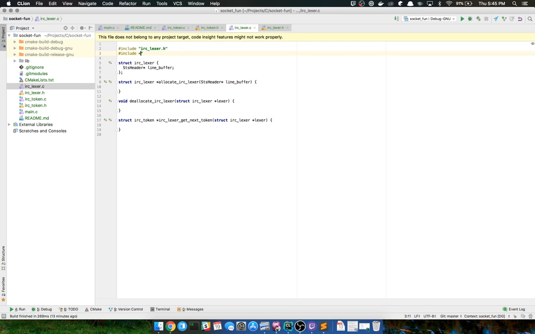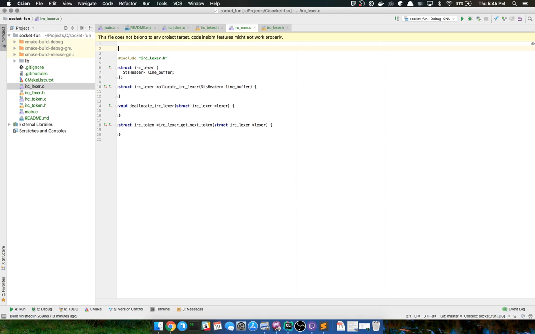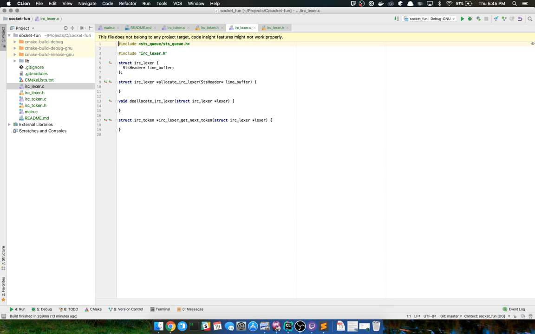Include. How did I do this? Was it lib? Or was it STS header? STSQ, STSQH. So I forward declared the STS header, the other file here, so that way I don't necessarily need the implementation of it just yet. So I'm just going to go ahead and keep it in the C file here.